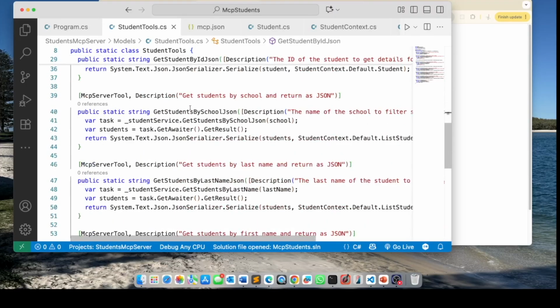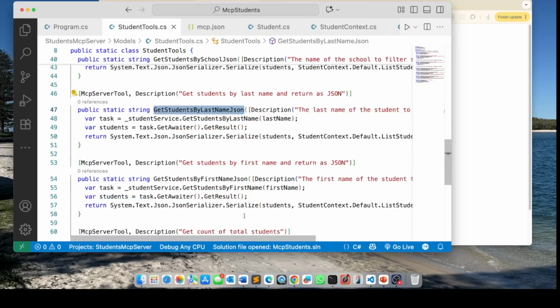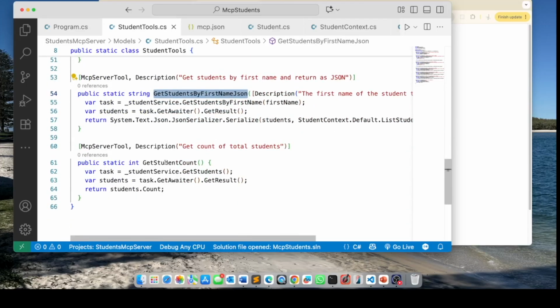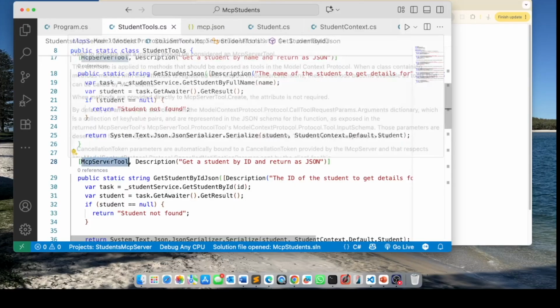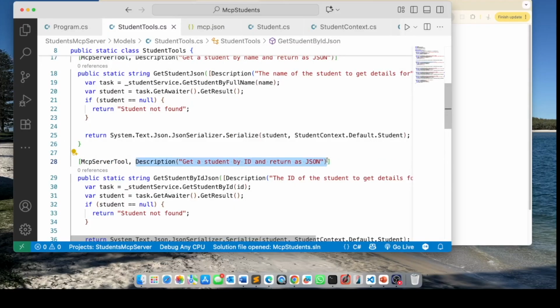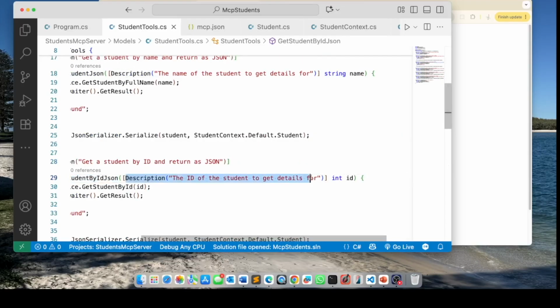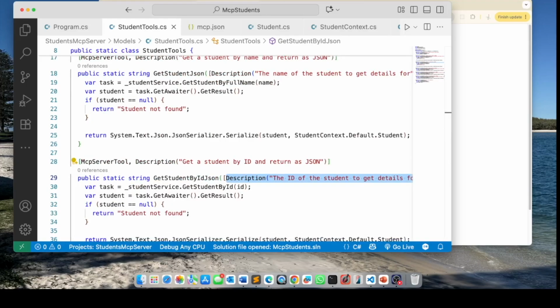getStudentsByID.json, getStudentsBySchool, getStudentsByLastName, getStudentsByFirstName, getStudentCount. Each one of these methods is annotated with MCP Server tool, and it has a good description that is of use to the AI model. And also each method has a suitable description, also intended for the AI model. At this stage, we are pretty much done enhancing our .NET MCP server so that it interacts with our students'